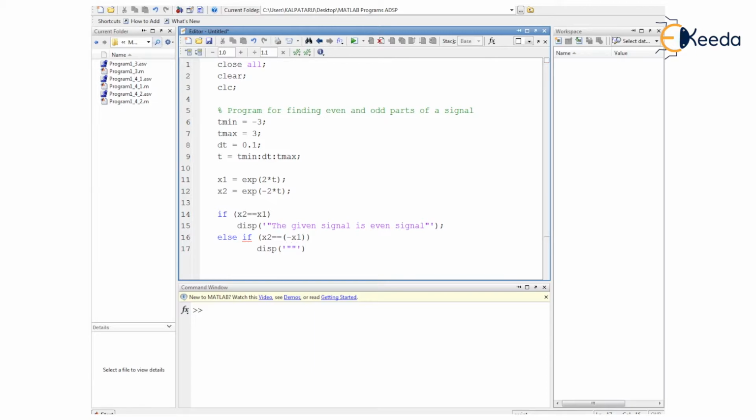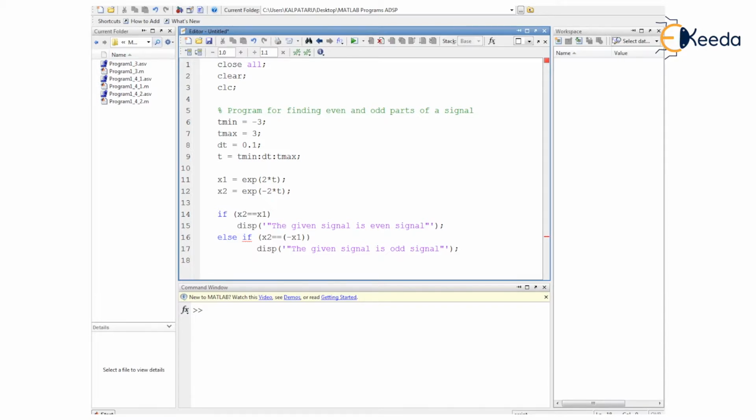Thereupon, here we are writing the given signal is odd signal. Just look at the condition that we have written in the else if structure. Here we are equating x2 to the negation of x1. So when the negative part is the same as that of x2 here, of course this is not the even signal, this is the odd signal.